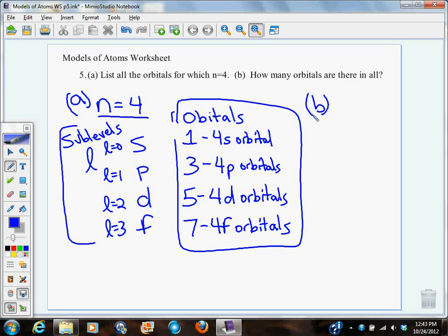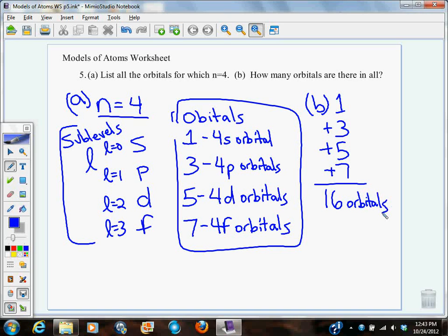How many orbitals are there in total? Well, we only have one 4s orbital, plus we have the 3 4p orbitals, plus the 5 4d orbitals, plus the 7 4f orbitals. And when I add those up, I get a total of 16 orbitals, which is not